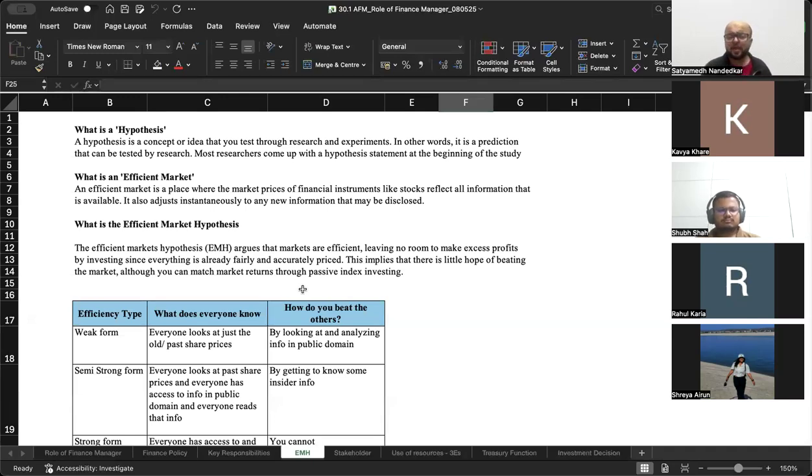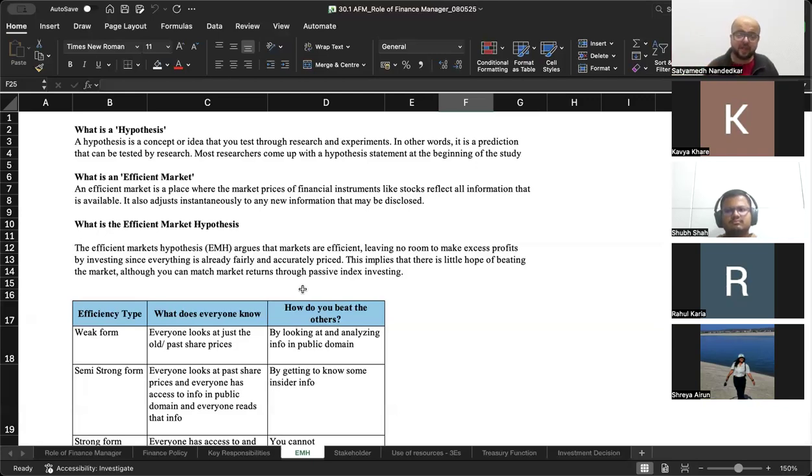We do know that the market is not efficient, right? Because had it been efficient, then the impact of past share prices, published financial information, news circulating in the market, insider information, all of this would have impacted the share price. Everybody would have access to this information and no person would be in a position to make super profits. If everybody knows everything, then there is no way somebody can make profits more